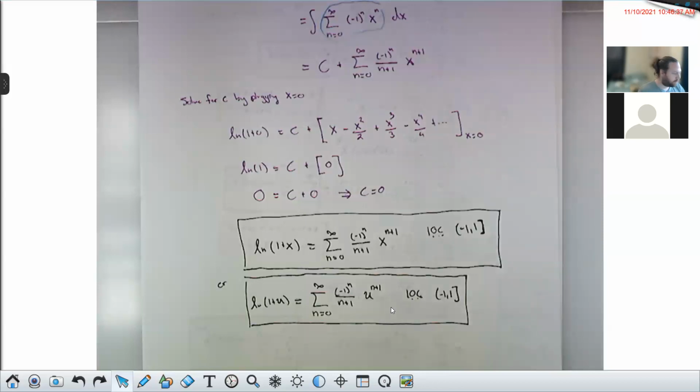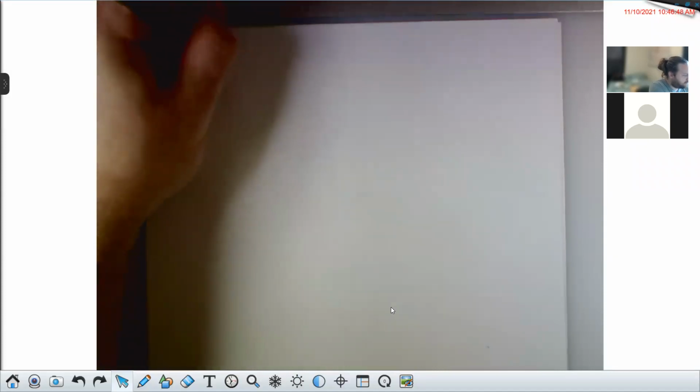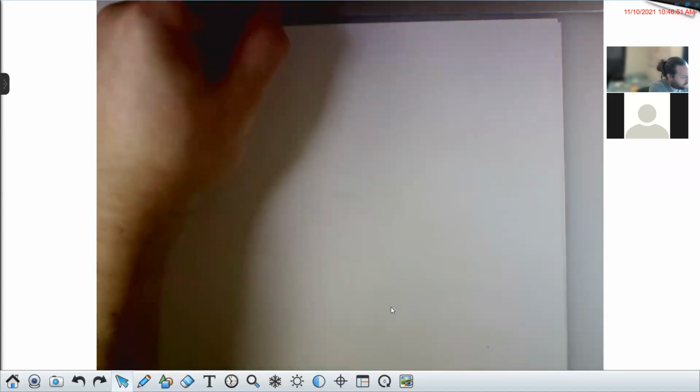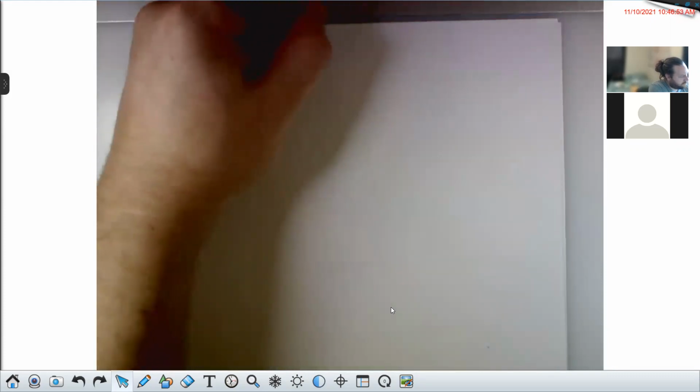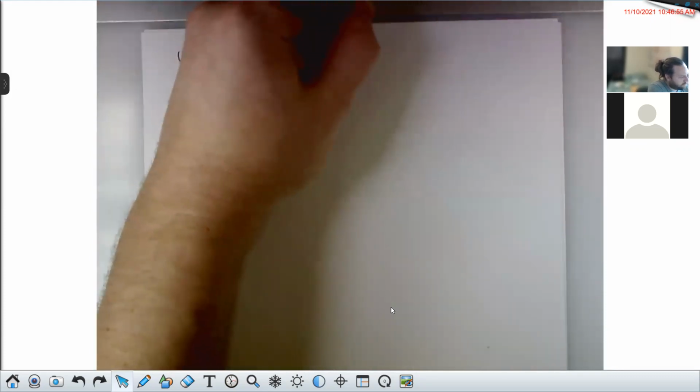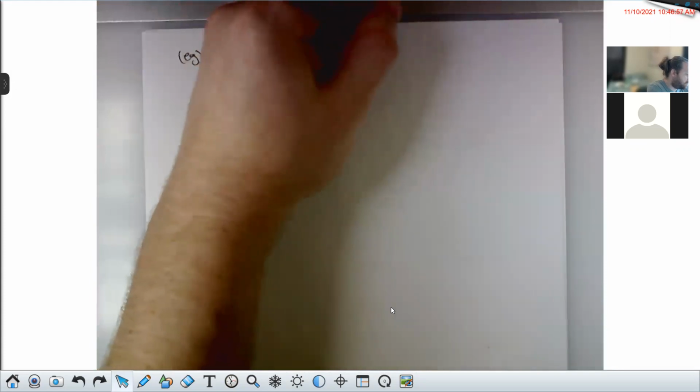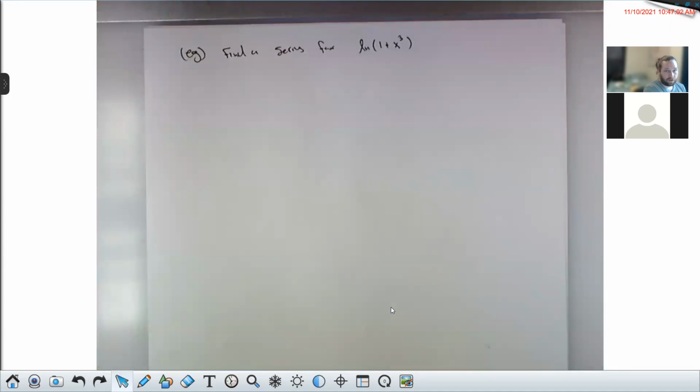So one last quick example before I let you go. I could tell you to find a series for the natural log of 1 plus x cubed. And the smart move here is not to start from scratch. I would say, we know